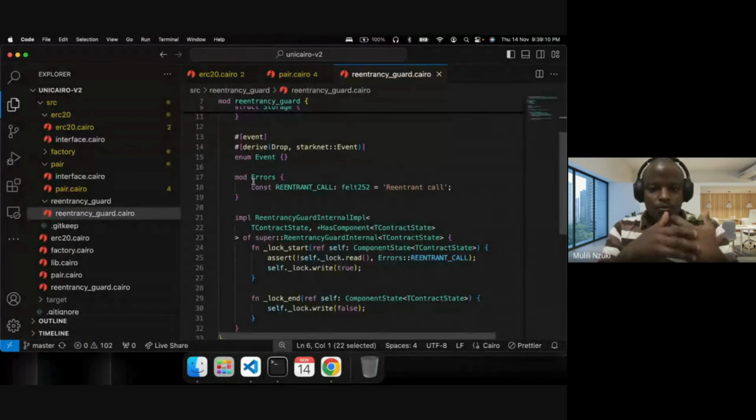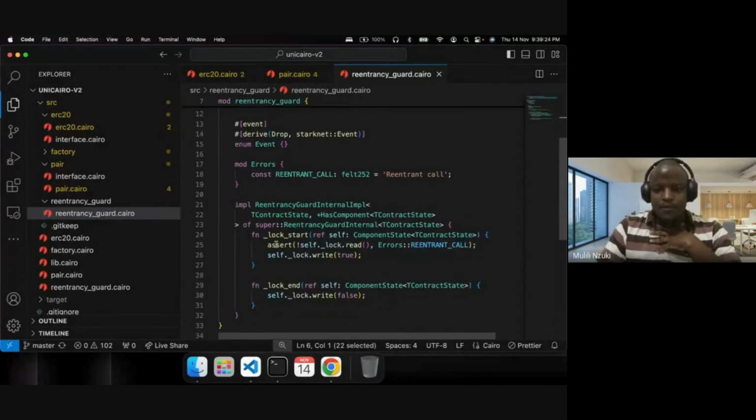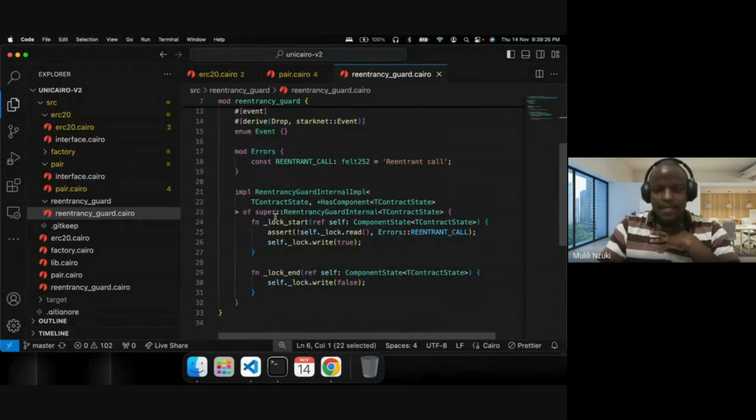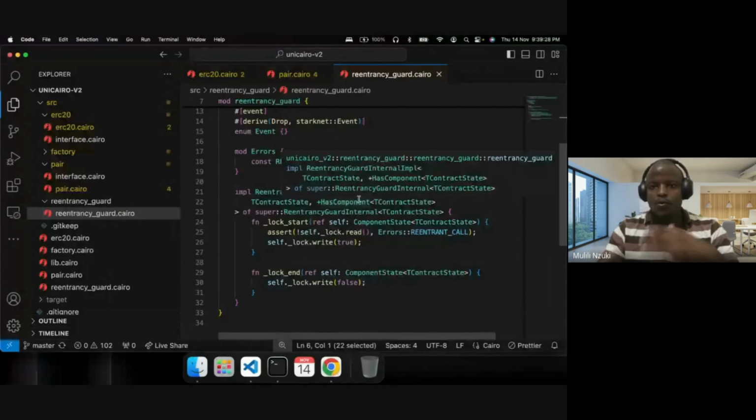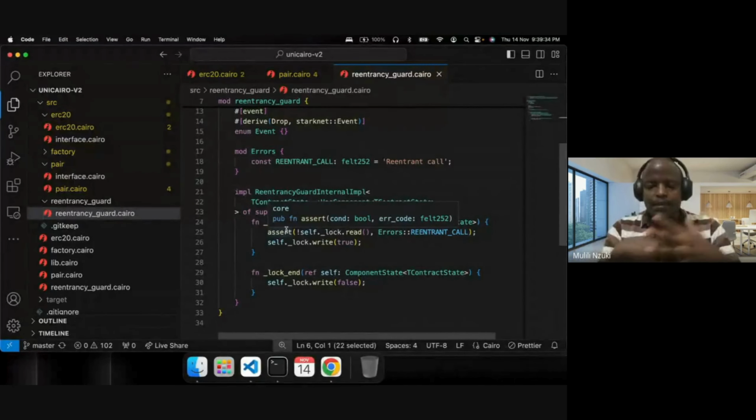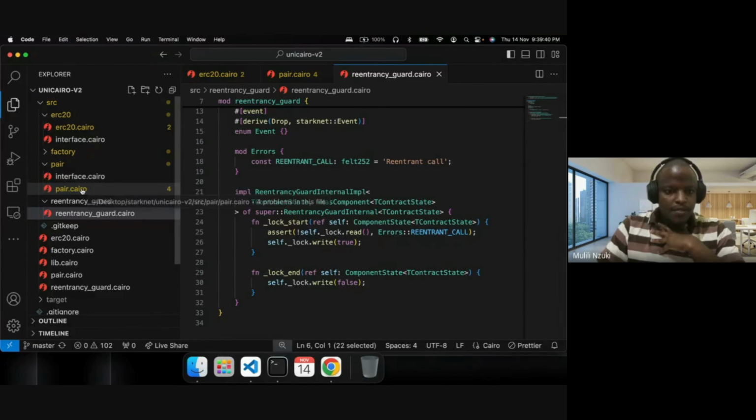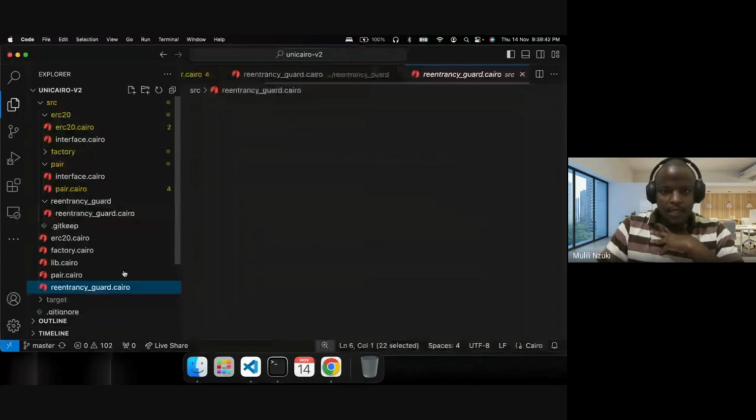We'll just need to call this component, and then initialize it in a unique way so that we can make use of these internal functions, the start, the log start, and the log end. And in doing so, we'll be able to prevent people, when they're swapping, from calling the swap function again. Cool. So with that being said,